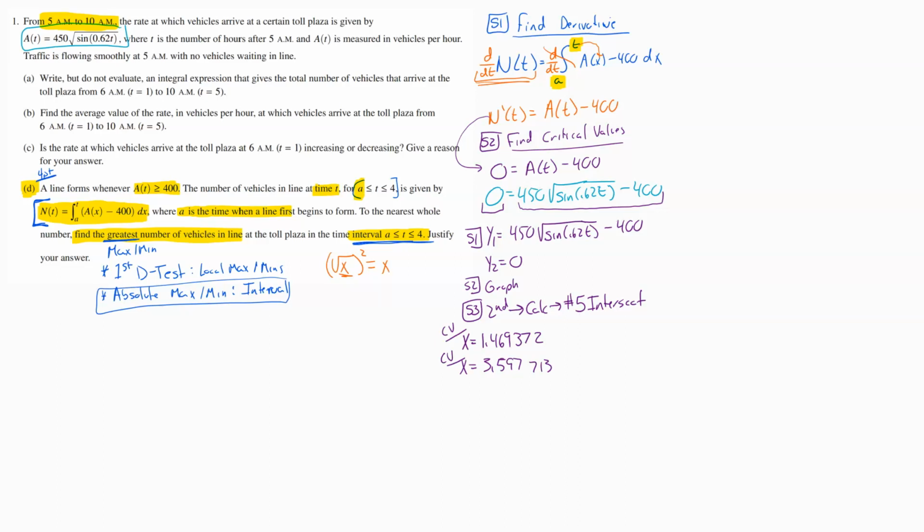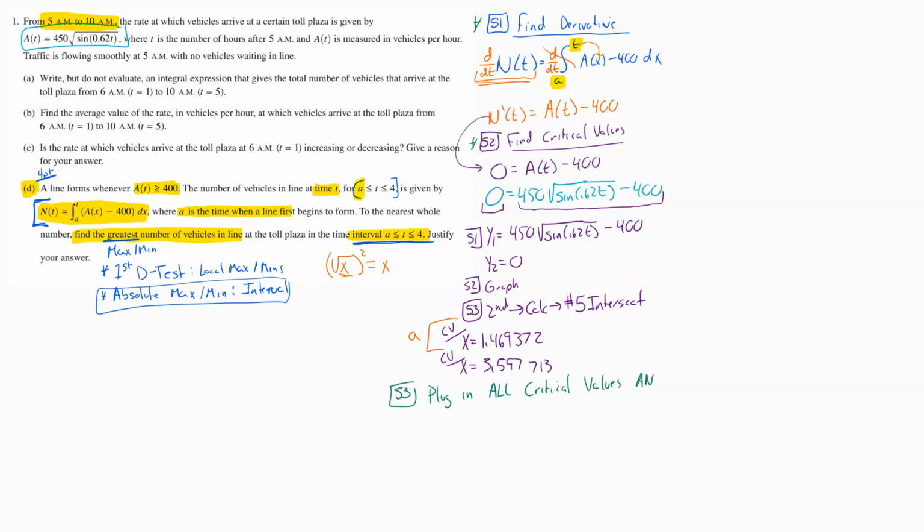And what we know is the lower end here, because wherever it starts getting above 0, this is actually our A value. This is when the line first is going to start right here. And so that's actually going to be our lower bound on this. But what we want to do now is finish up this absolute max-min process. So step 1 was find the derivative, step 2 was find the critical values. And then step 3 here is we're now going to plug in all the critical values